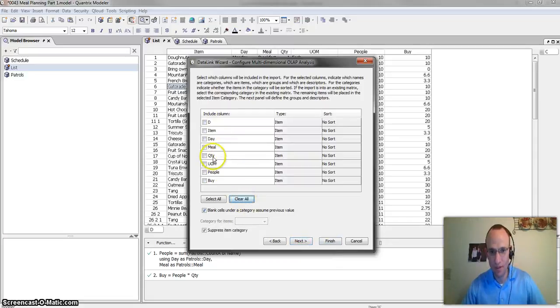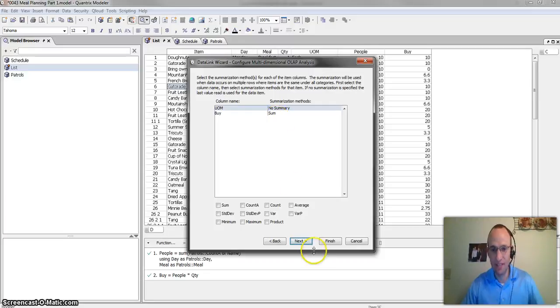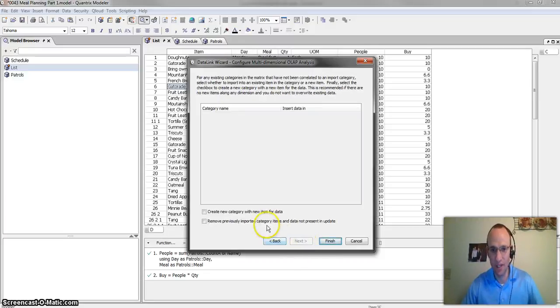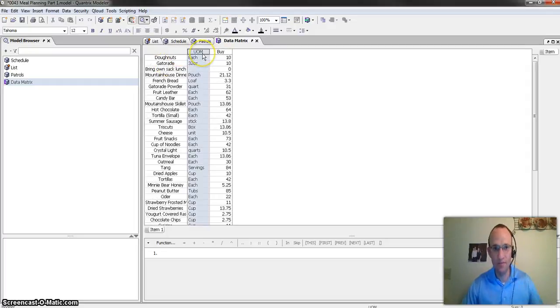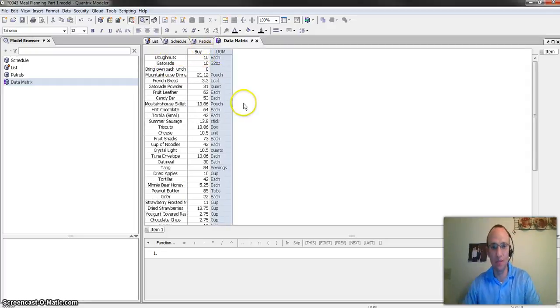I'm going to clear all, and I'm going to have item be the category, and then have buy be an item that I do a summary on, and then unit of measure, I also want that to serve as a descriptor. Once I click finish here, you can see that I now have a shopping list of how much I need to buy of each item.